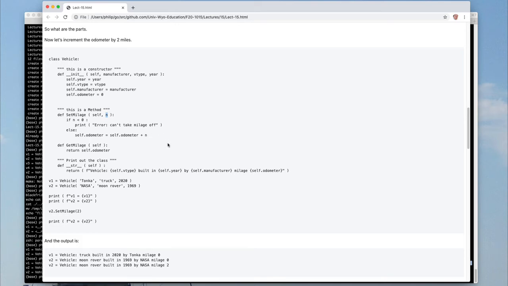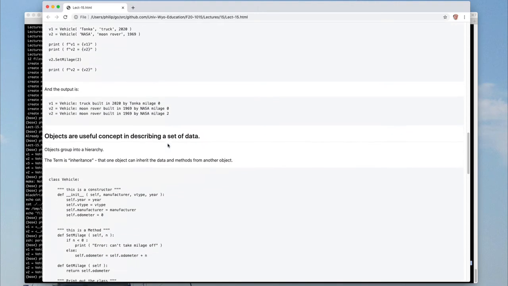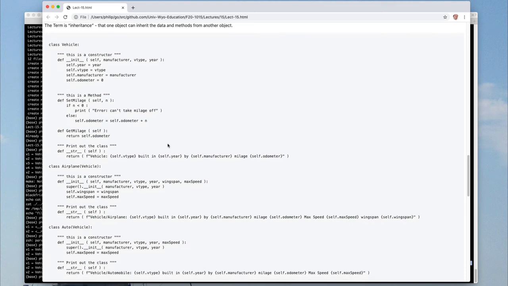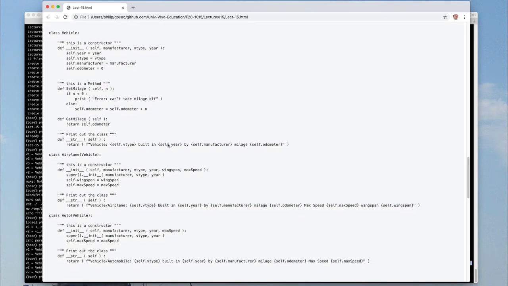So I want to give you one more example of what we can do with vehicle. And this is how we build more complicated things with objects. And this is how we group them into a hierarchy. And the term that we use for that is inheritance. And there's good and bad things about inheritance, just like there are most things, but I'm going to change my vehicle. And this example is a little bit longer, but I think I've got all the code where you can